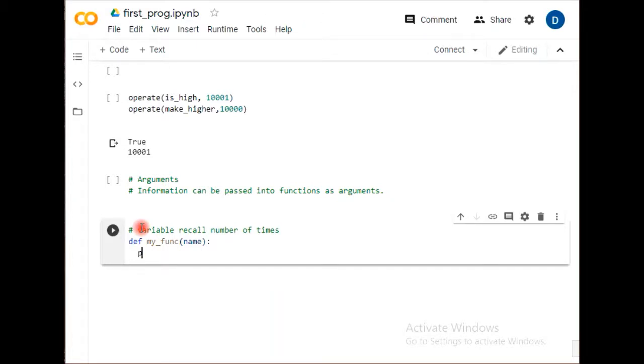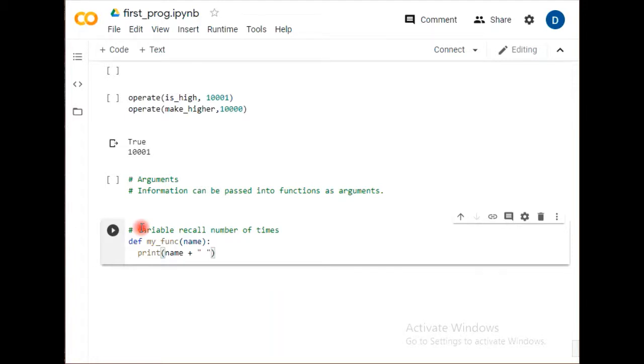So in my program, I'm simply using print. I wish to print my name. I'm concatenating the string, as I have already told you that you can do. It gives the name and then whatever I wish to attach with that can be printed.